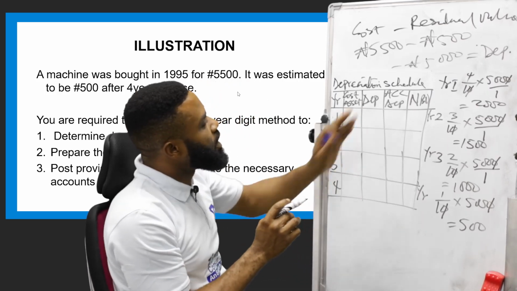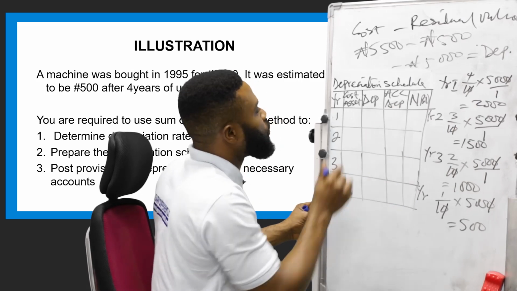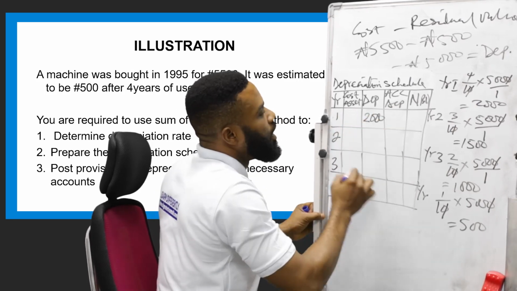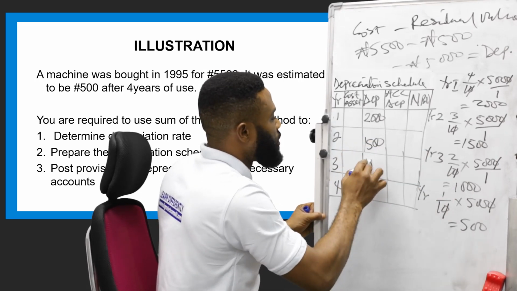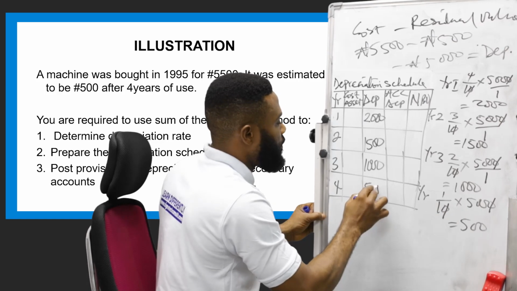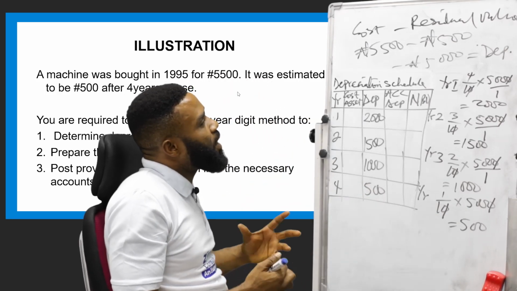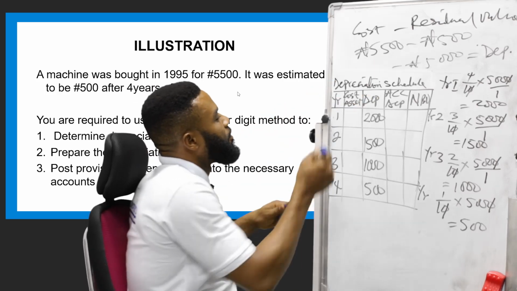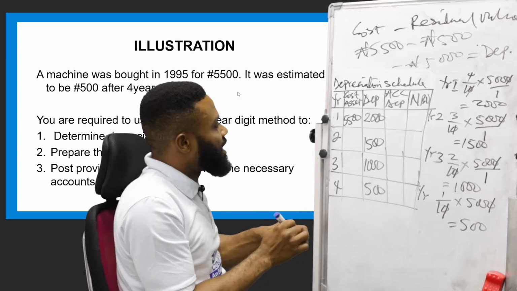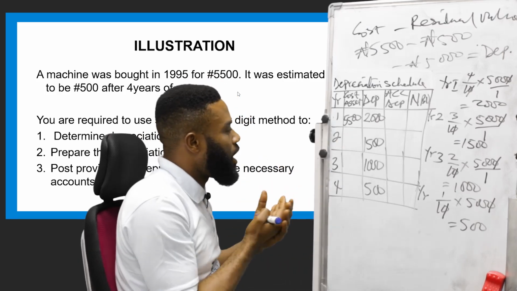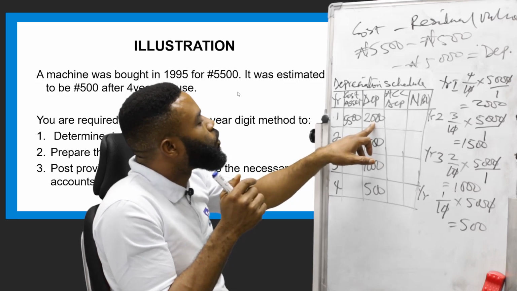Now, let's start with the depreciation. The depreciation for the first year is what? Is 2,000. Second year is 1,500. Third year is 1,000. And the fourth year is 500. Now, the cost of the asset, remember the cost of the asset is 5,500. Now, if the cost of the asset is 5,500 in year 1, once you have removed 2,000